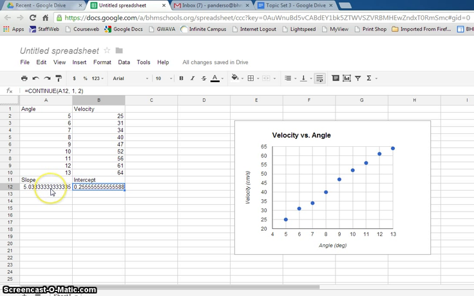Okay, so that's my slope and my intercept, so then I can make an equation, and of course my equation is going to be my y equals mx plus b, where the y is going to represent my velocity whenever I plug in some value for my x, which is my angle. Okay, and so this will be my speed calculator based on my given